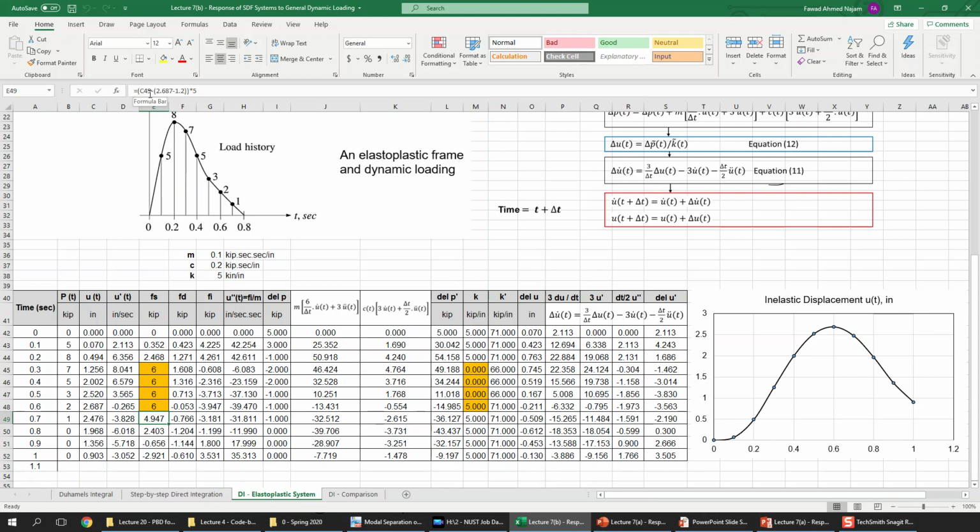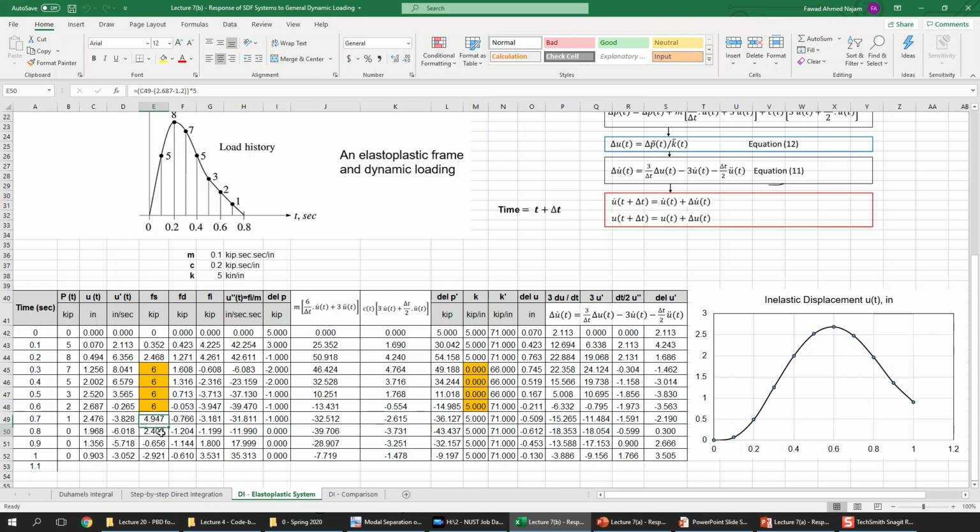What I have done here is that I have subtracted the plastic displacement, which is the peak displacement minus the yield displacement, and this is the plastic displacement. I have subtracted it from the total displacement calculated in that time step, and then I multiplied it with the stiffness, which is 5. So I have to do it for all those time steps in which there is unloading or loading in the other direction.